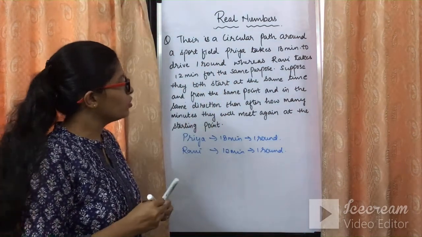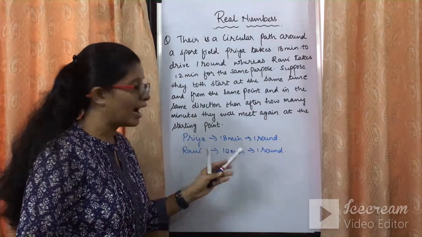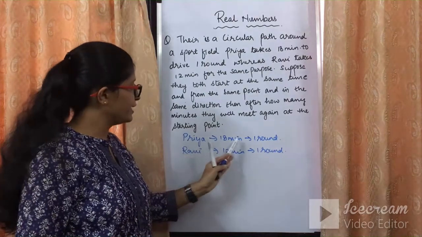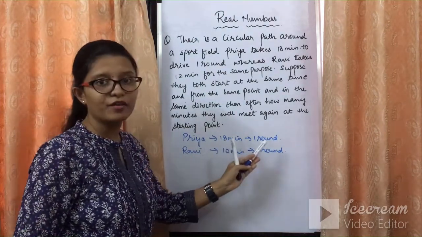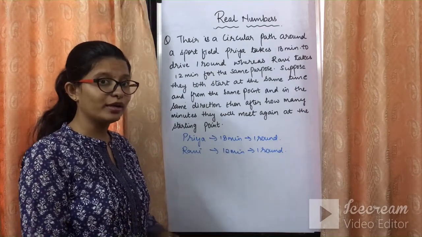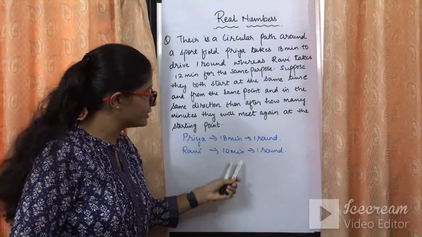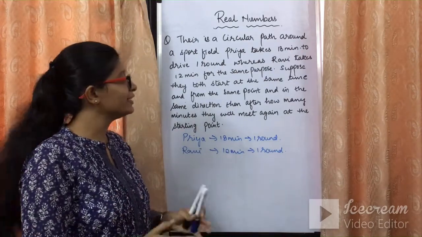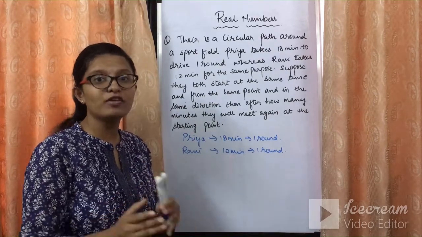They have asked you कि एक ही जगह से चल रहे हैं दोनों, एक ही डायरेक्शन में निकलने वाले हैं. So at what time they are going to meet again? Since Priya takes more time than the Ravi, तो Ravi जल्दी कवर कर लेगा and Priya देर में कवर करेगी. So what we need to take out is, we need to take out the LCM of the both. हम दोनों का अगर यदि LCM निकाल दें, इसके फैक्टर्स निकाल करके, तो हम ये बोल सकते हैं कि जो LCM आएगा, that is nothing but the time at which they are going to meet again. That is the lowest common multiple.